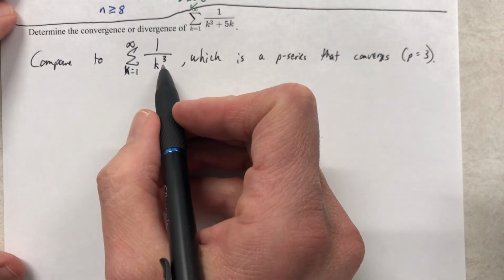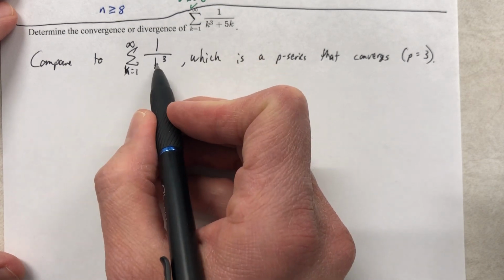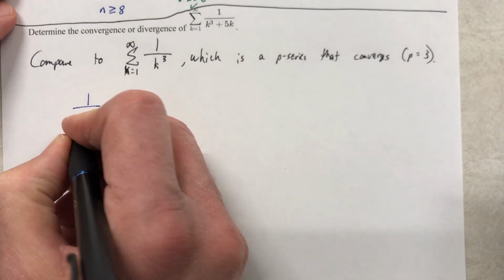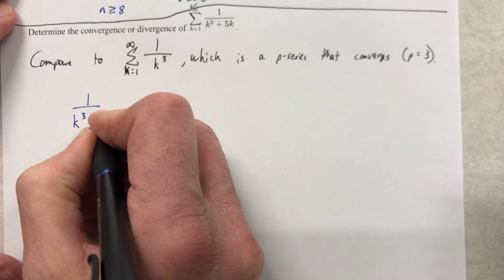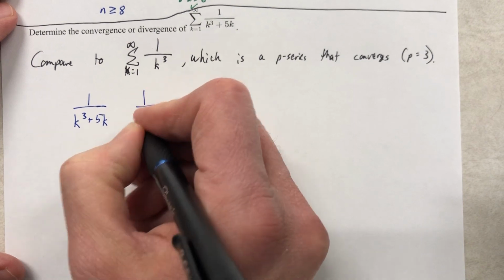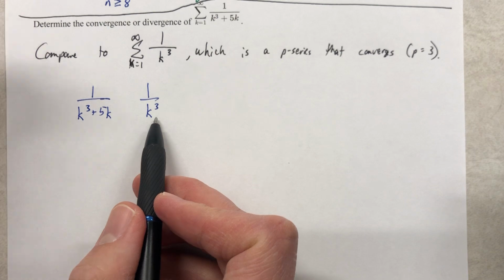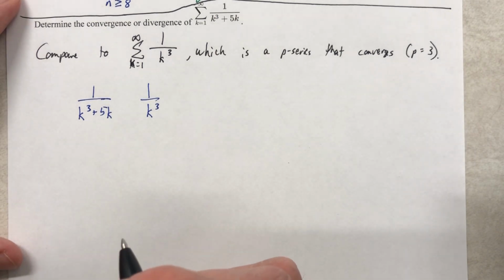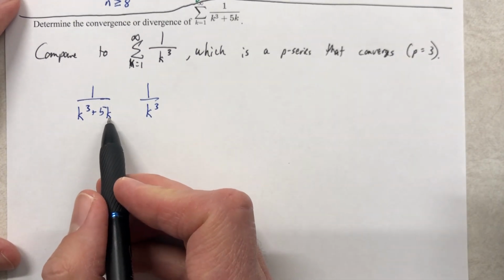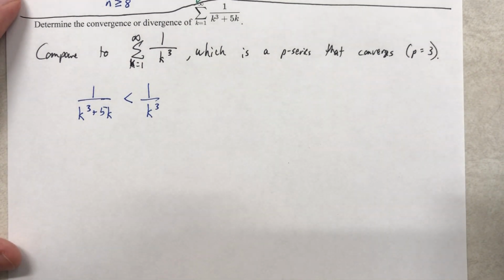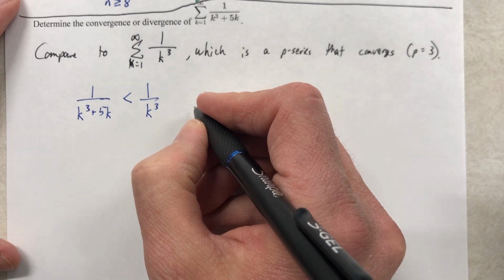So here we go. I'll say it again. The one that we made up converges, so the other one had better be smaller. So I'm going to aim for a less than symbol here, and we're just going to think about it logically for just a second. For values of k, plug in a 1, which denominator is bigger? That one. Plug in a 2, which denominator is bigger? That one. Plug in a 3, which denominator is bigger? That one. You get my drift. This denominator will always be larger, so this fraction will always be smaller. So this is true, therefore